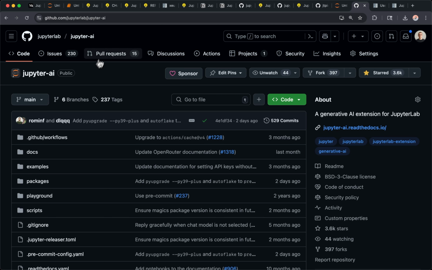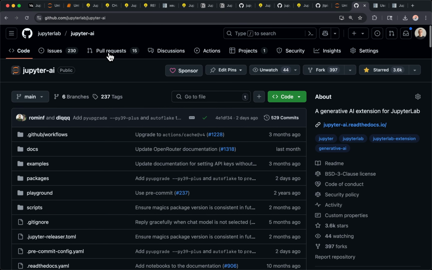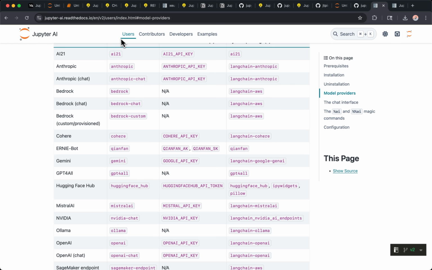And here the GitHub repo for Jupyter AI is this one. And the corresponding docs is on Read the Docs because it's a common place to host docs for Python packages. But some people also host their docs on GitHub Pages because it's just static HTML and JavaScript.